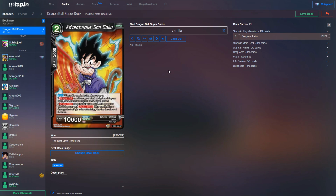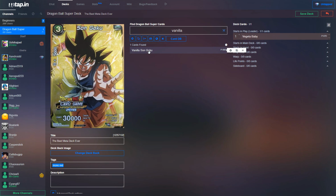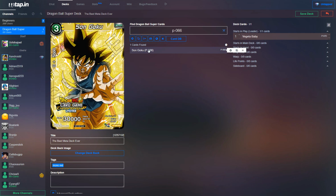So for instance, I do believe the Vanilla Son Goku is right here. But the thing is that if you type in the bottom right number here, the card number or the set ID, you'll actually find that card. So if you go P066, it'll actually find their actual card. So that in turn is kind of a duplicate for that. So if there is ever a card that is like a vanilla and then it has a normal name like this or a duplicate name like this, I would highly recommend to search the set ID first before doing anything or before